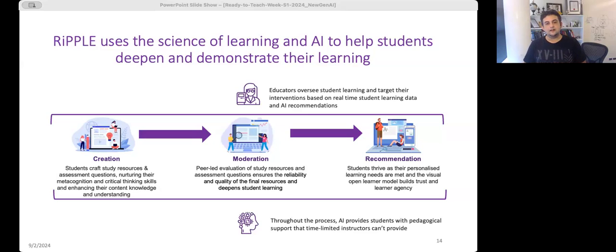Therefore, we've wrapped it around a second activity, which is peer feedback and peer moderation, where essentially students will look at the resources that are being created by their peers, and they will evaluate their quality and determine whether they're good to be used in this large repository with the other students in the class, or perhaps they're wrong or ineffective and they need to go back to the author so that they can improve them before they will go